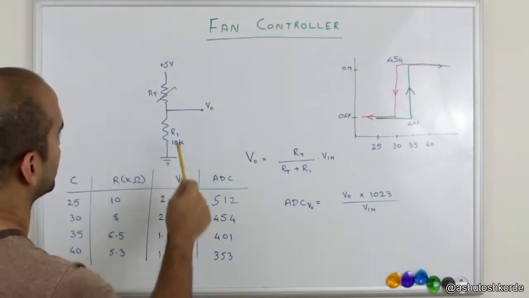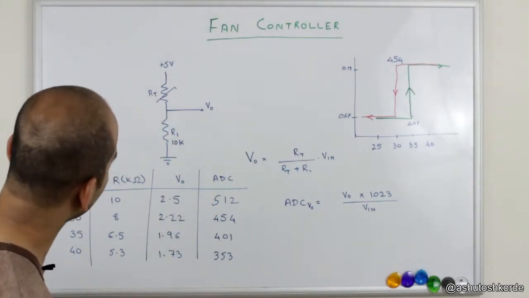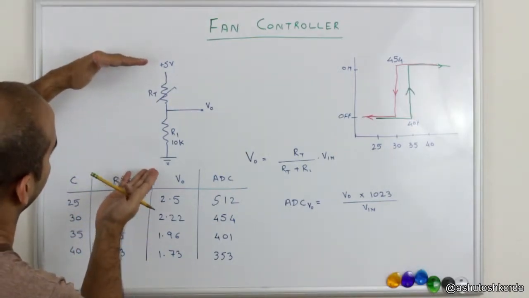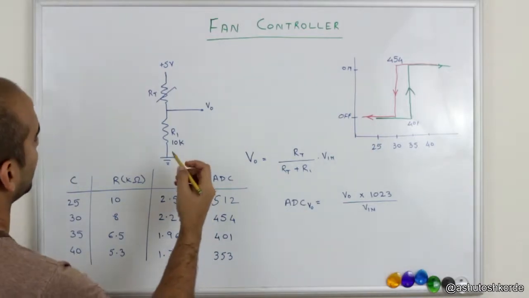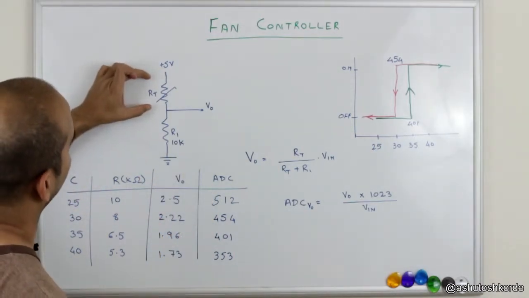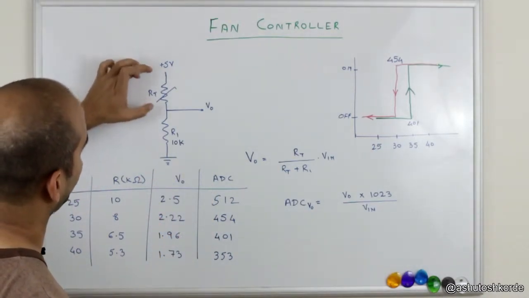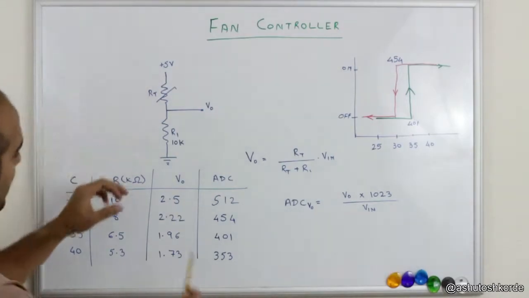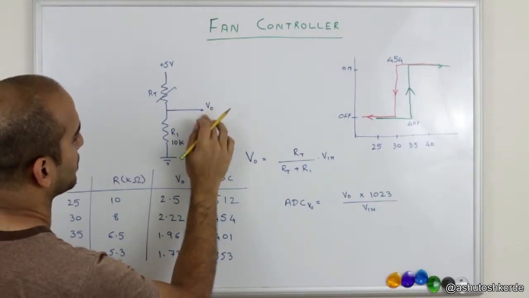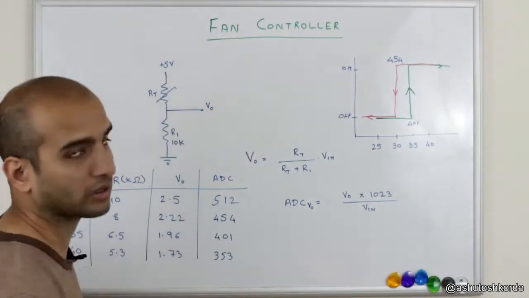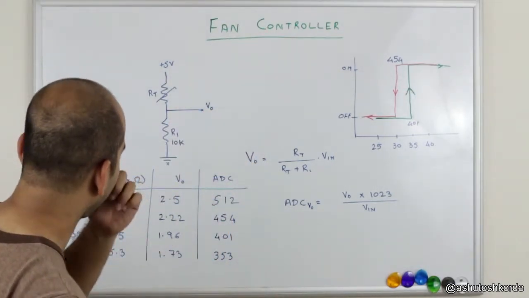Alright folks, so here we would just look in a bit more detail as to how the thermistor is going to affect our ADC readings. Now what I've done is I've isolated just one thermistor section here, and this is effectively the thermistor between our 5 volt and our ADC pin, and this is our fixed 10K resistor, and this V0 actually goes directly to our ADC on the microcontroller.